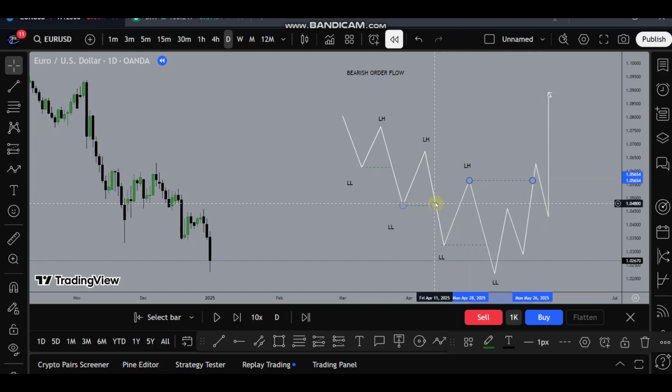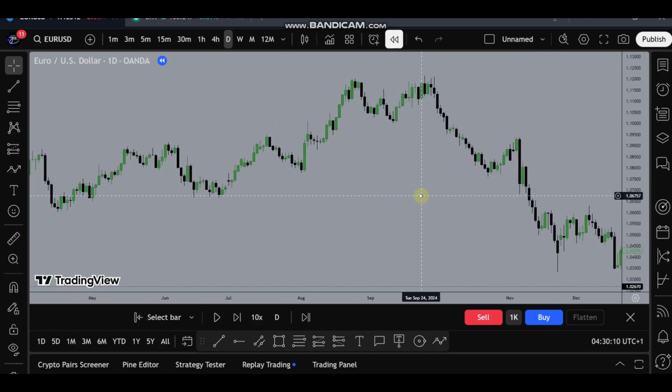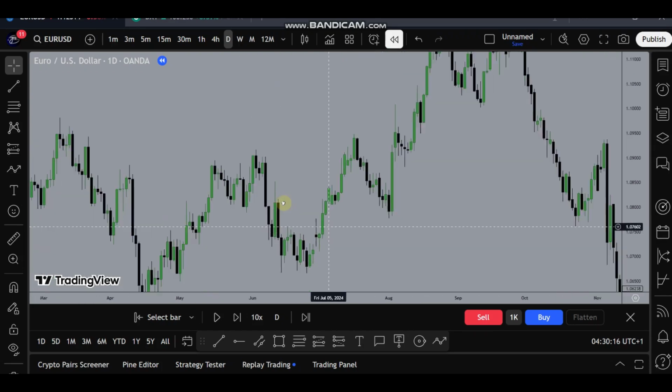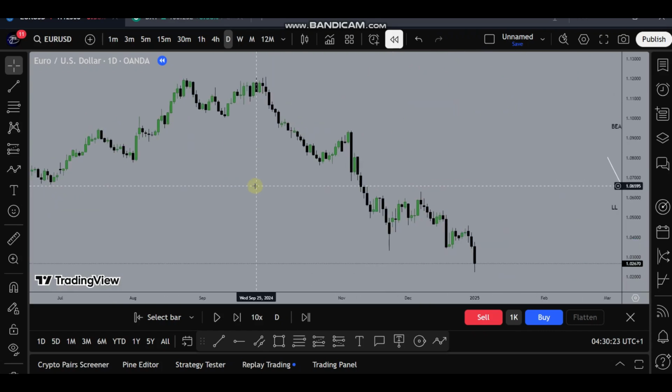So now let's go to the chart and identify this thing I'm saying. So look at this market. This price is just moving from bullish order flow to a bearish order flow. This is a bullish order flow. This is a bearish order flow. But I'm here just to identify the bearish order flow because I've already shown you how you identify the bullish order flow. But before I start marking my bearish order flow, I need to know the transition where price shifted order flow. So from this price action,